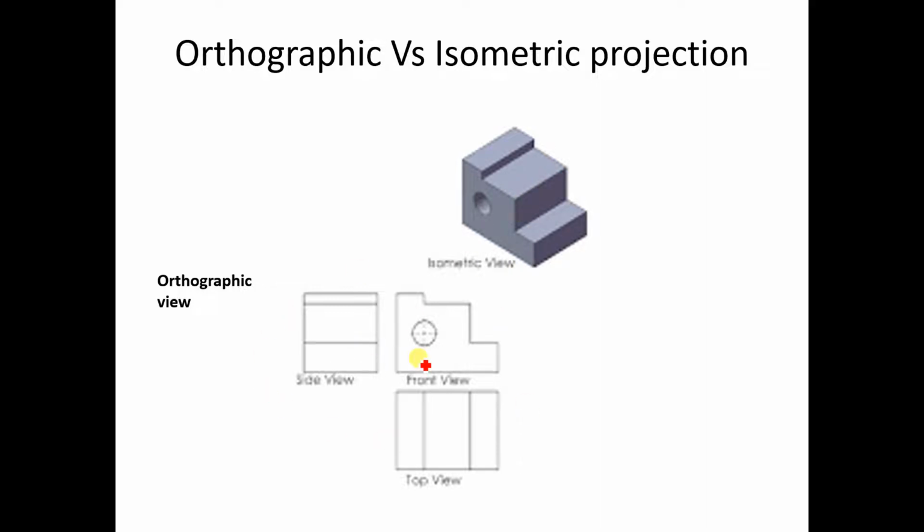Okay, orthographic view. So here in this diagram, which is the front view? Which one, this one or this one, which one do we have to choose? Whichever view has more data or more information, that we will consider as the front view. Sometimes in the question paper they may give an arrow. If the arrow is given in this direction, then we will consider this as the front view. If the arrow is given in this other direction, then we will consider that as the front view. Depending upon the arrow we will take the front view.